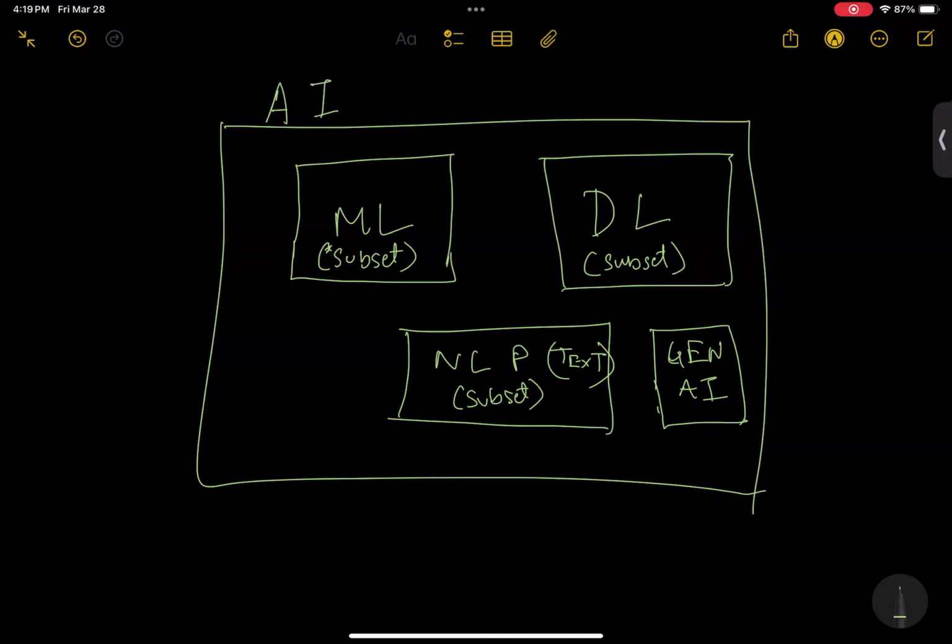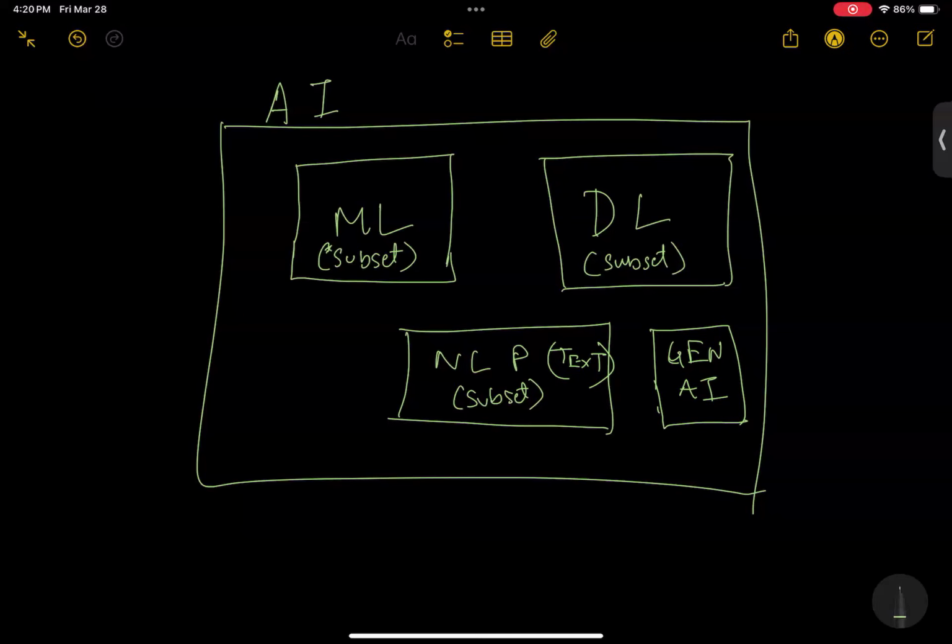But generative AI starts on the fact that you are able to generate certain content out of your fed information. Whatever information you are feeding, it is able to output a content, right? That content generation is not something that your ML system or deep learning system does. For example, you tell ChatGPT, write me a story, and it will just write you a story, right? You cannot tell an ML system, write me a story.